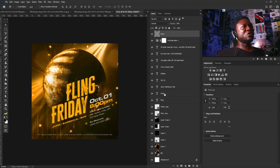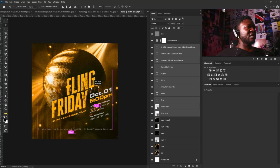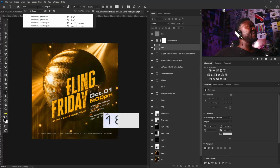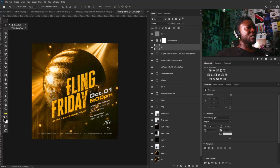All right, and I'm going to move everything here up a bit because there's one other thing I still need to add. One of my favorite handwriting fonts, which is Mind Blowing, which is this. All right, and I'll close the tracking. I'll make my tracking 0 and I'll position this somewhere around here. All right, and I'll